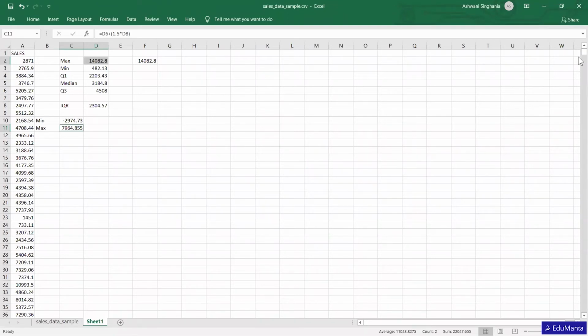So you consider the values we get from the formula Q1 minus 1.5 times the quantity range, and then Q3 plus 1.5 times the interquartile range. It will be Q3 plus, and yes, sure.